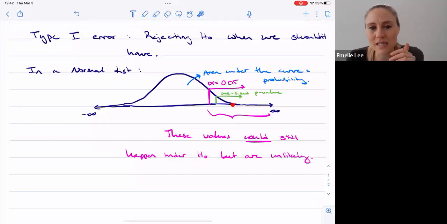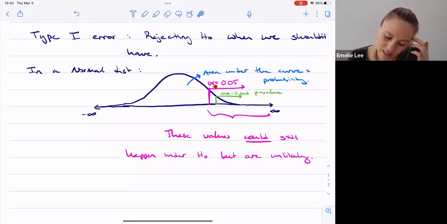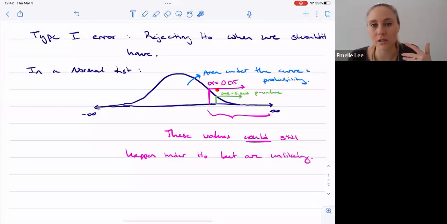Okay, so this idea of the type 1 error, it kind of haunts us. And so most of our analyses are based around trying to minimize the type 1 error, right? And so we've decided that 5% is a pretty good trade-off, where, you know, we're okay to be wrong 5% of the time, right? We don't know if we are, right? But that's what we've established, okay?